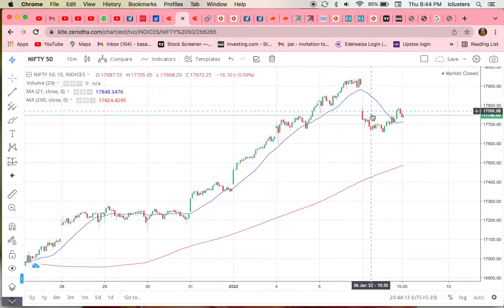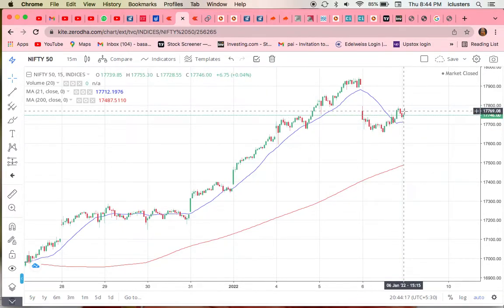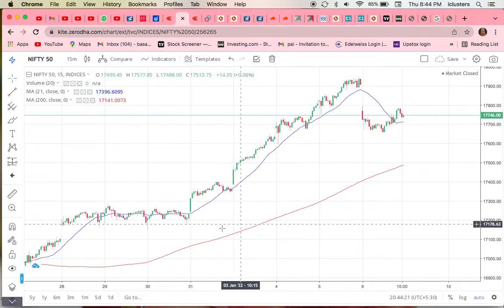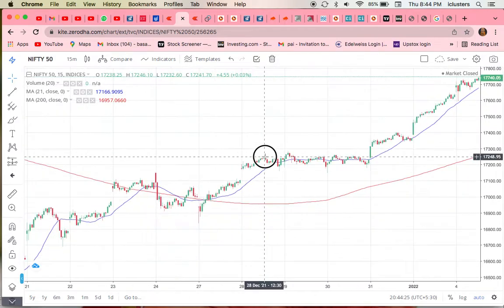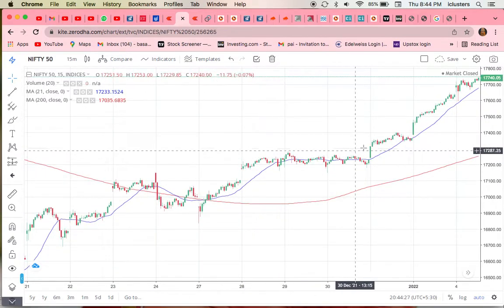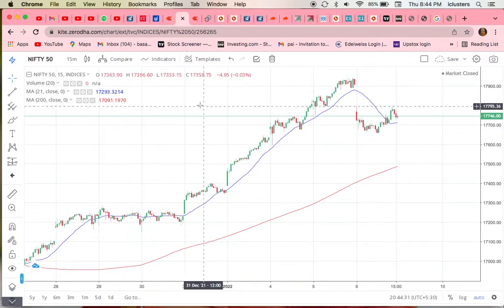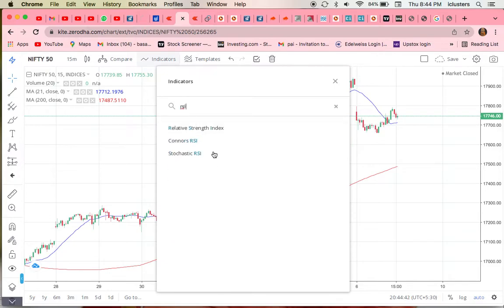When price is moving below, it is in a downtrend. Again, it started moving upward, that means uptrend. That's it. Same with the 200 days moving average. The 200 days moving average will show the trend changing time. Okay, when the trend is changed, the price will go down below the 200 days moving average. First indicator, we have got clarity. Okay, and another indicator I will use most of the time, the RSI indicator.